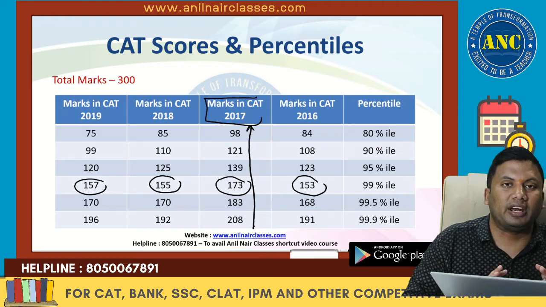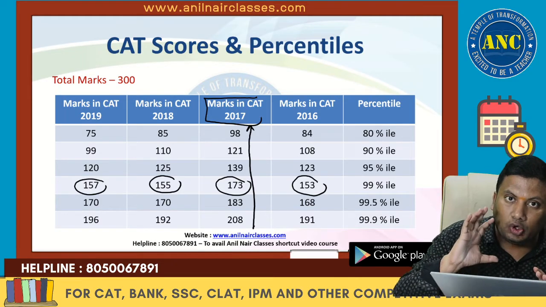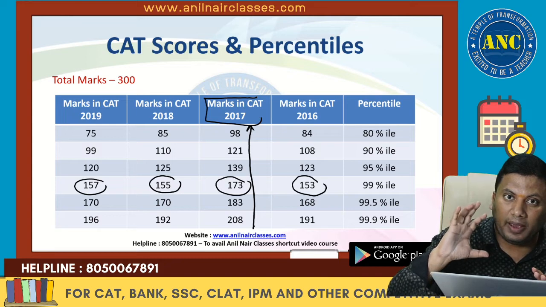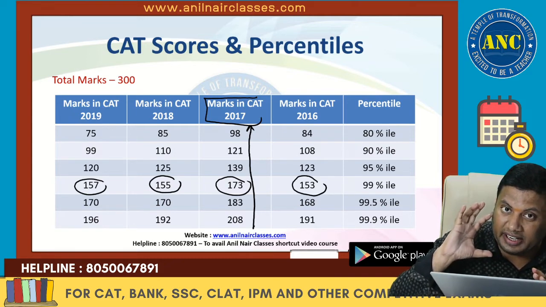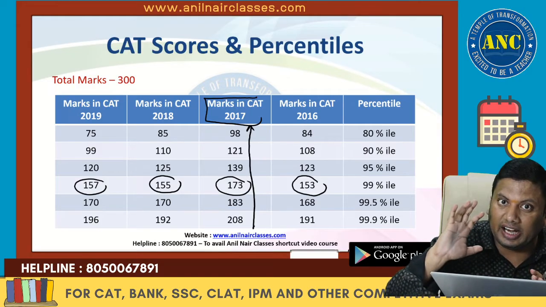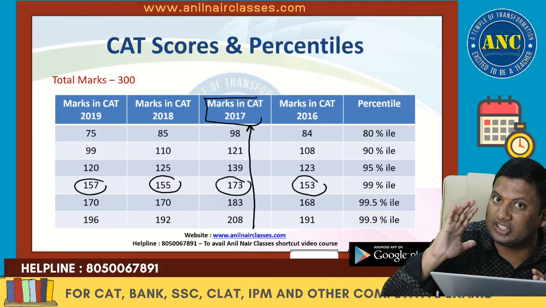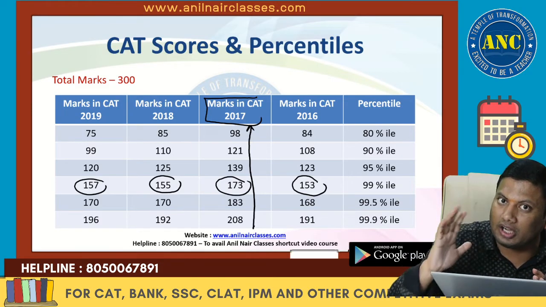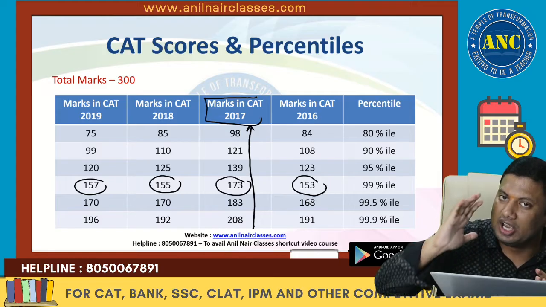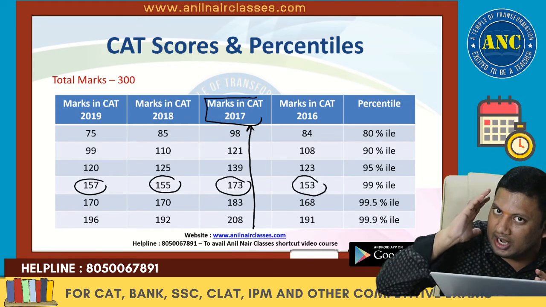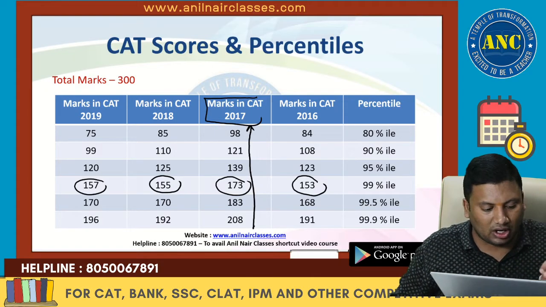Assuming that the paper is of moderate to difficult level, remember, if you get 52% of the total questions right, you are at 99 percentile. That shows that the paper is not difficult, it is different. The paper is not only about your high ability in maths and English, it is also your managerial ability of choosing what to solve and what not to solve.